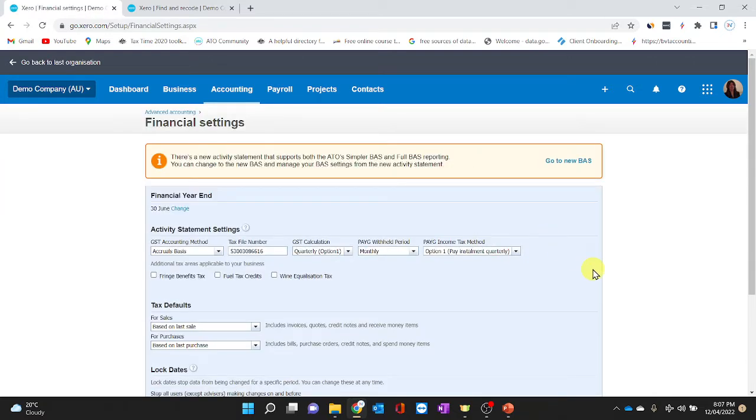The financial settings is the page where you can input all the important details and information that's required in completing the activity statements for the business, or what we call the business activity statements. What is this business activity statements? This is another tax report that each business in